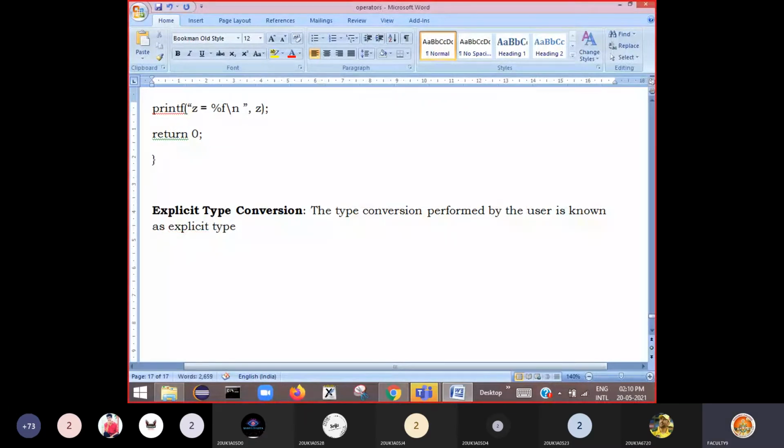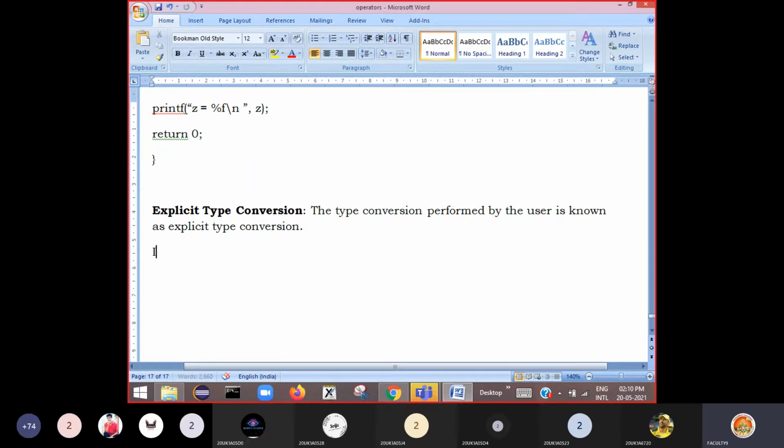That means the user performs a type conversion in the program. Sometimes the compiler may not do this, so explicitly we need to perform this type conversion in the program, and such type conversion is called explicit type conversion.